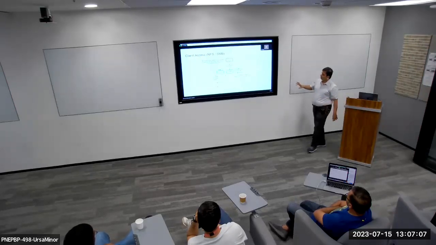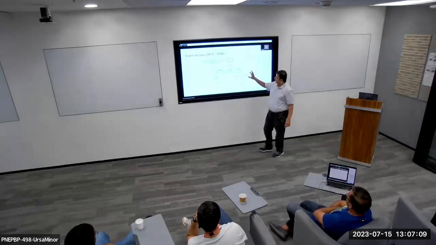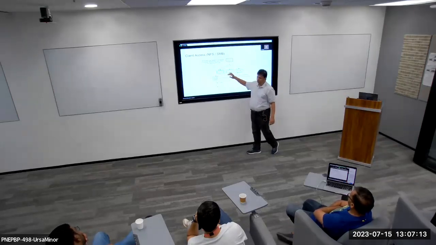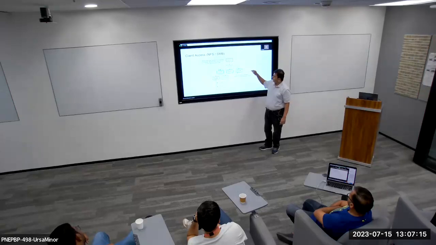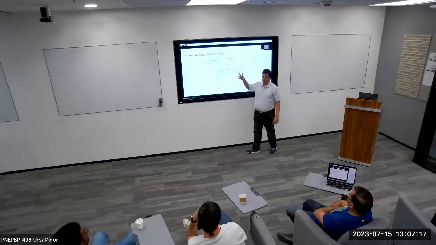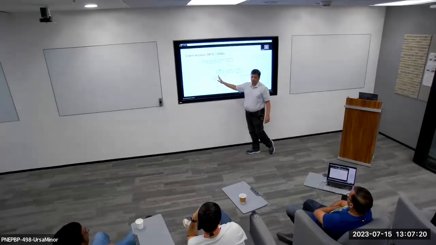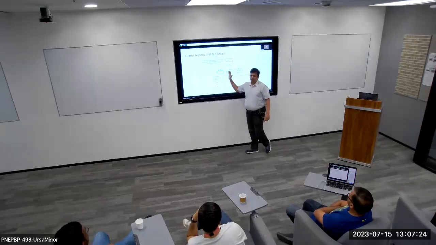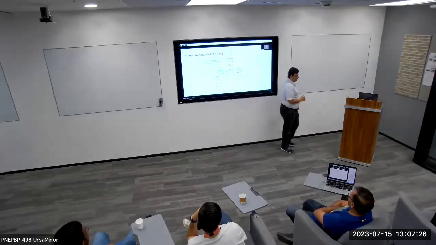So going back to this diagram, right? We have, let's say, 3 file servers. The data will be distributed across these file server VMs. The top level directory, based on some algorithm, we can choose to go to file server 1, 2 or 3. And based on the access, we'll redirect the client to that particular node.